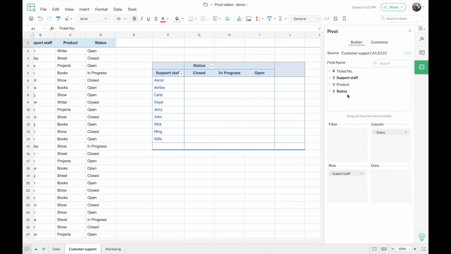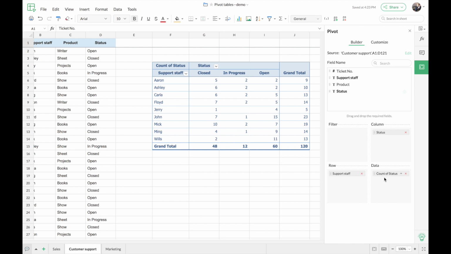So now the data for me will be the status field. I'm just going to drag and drop it here. So in the previous data set, we saw that the default function was taken as sum. And here you can see that count of status is being taken for me for this table, because that is what is needed here. I want the total count of tickets that are still open, closed, or in progress for each support staff. Now, if you want to change the function, you can do that anytime using the drop down here. So on the left, you can see that the pivot table is ready and it gives me the consolidated data about the performance of each support staff.